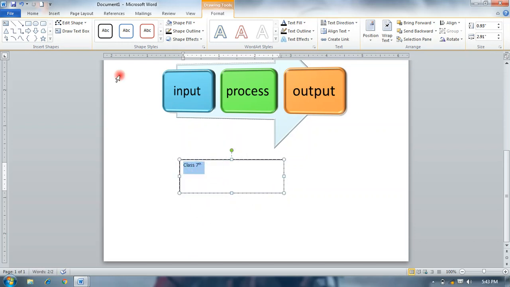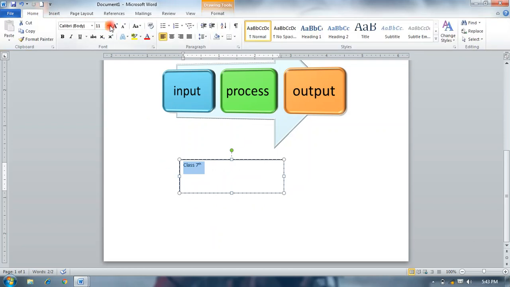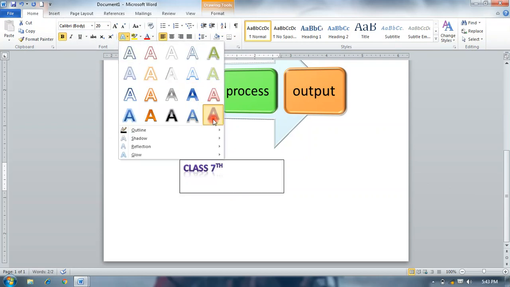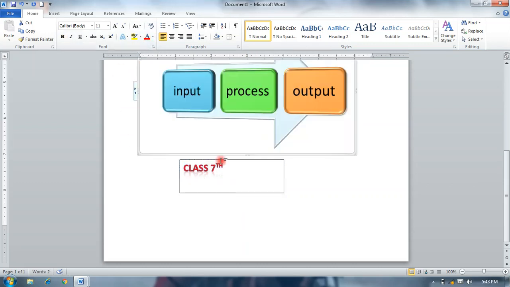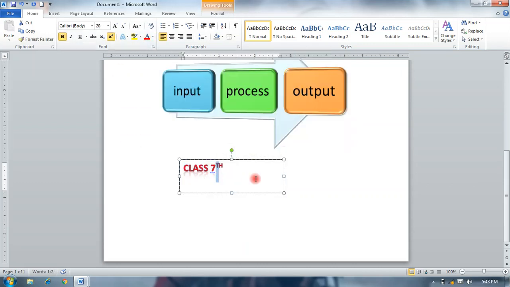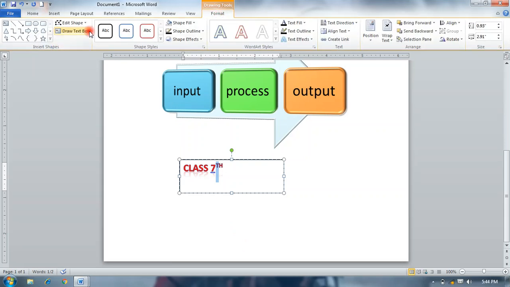You can also format it, like color or any type of formatting. When you select any object which you want to format, after selecting, its drawing tool format option automatically opens, and you can select any type of options for formatting on it.